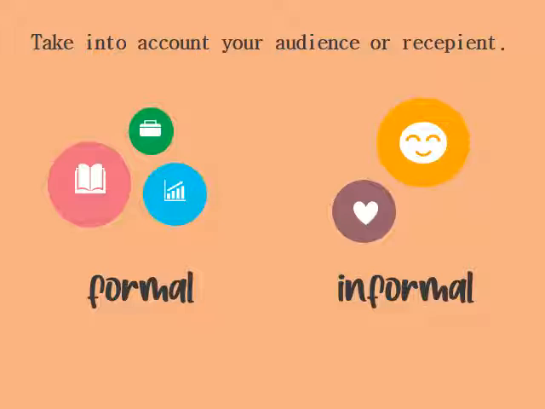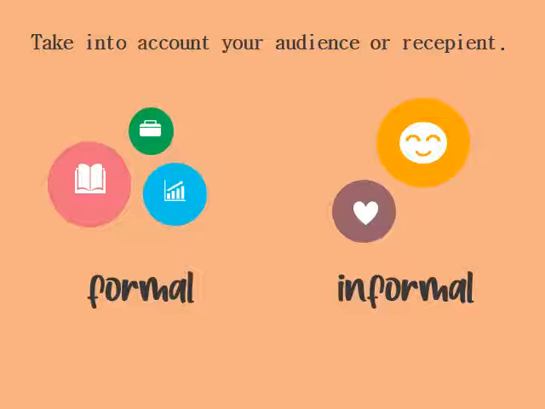Maybe I can send an email to my teacher at university, at school, or to an institution applying for a university, or to apply for a job. Maybe I can send an email to a company. In that case, I will use a formal email, formal writing in my email. But if my audience or recipient is my family or my friend, my aunt, my cousin, or my best friend, it is an informal email.